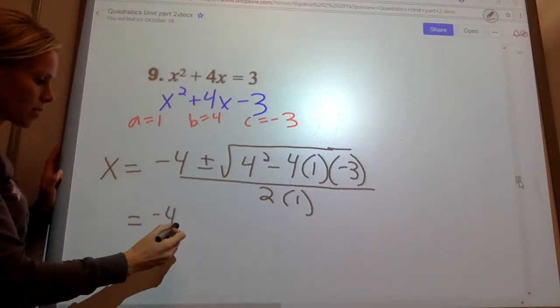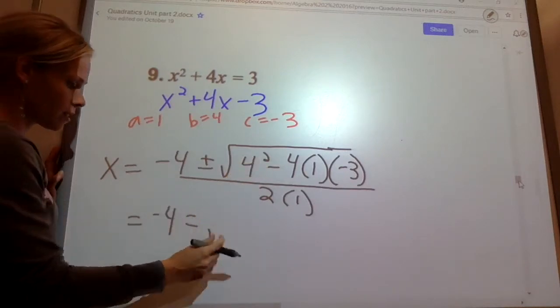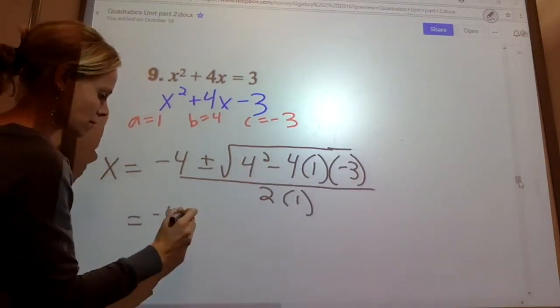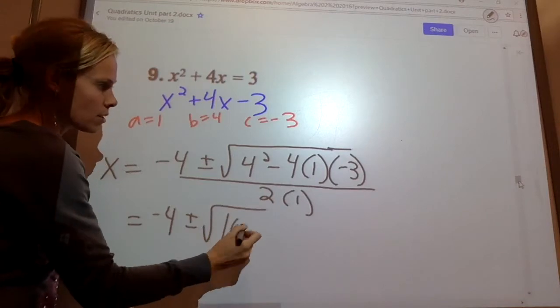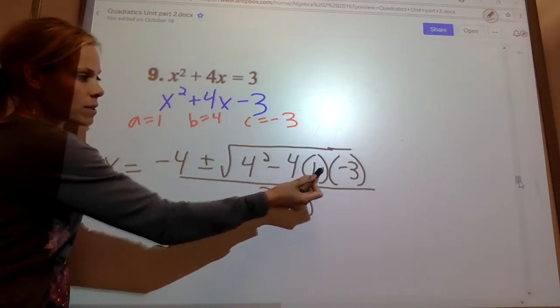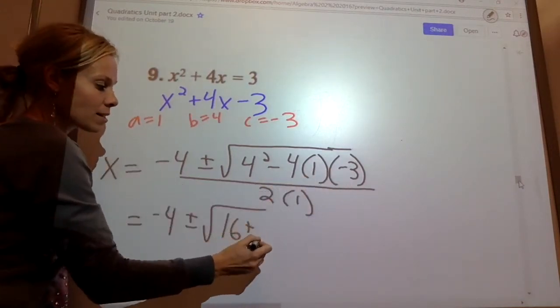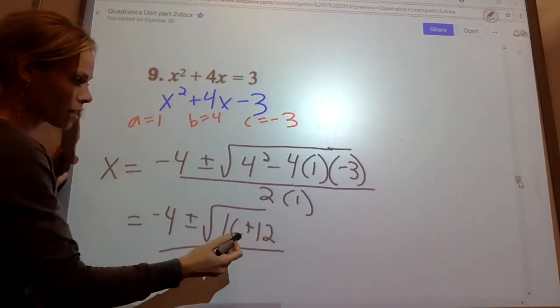So, order of operations, 4 squared, 16. This would be -4 times 1 times -3, so that's a positive 12, because double negative is positive,